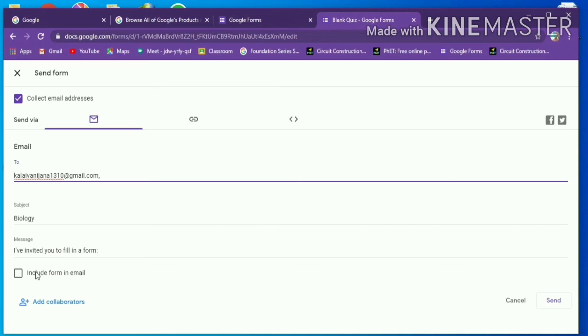If you want to include form in email, click the include form in email option. And finally click the send option.